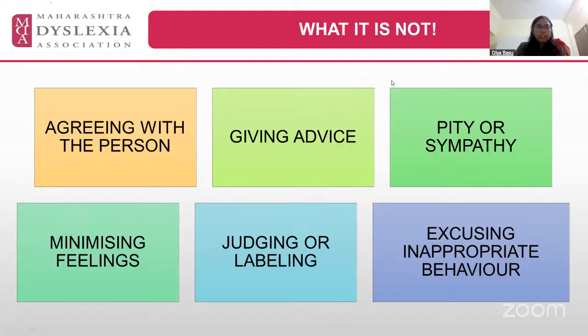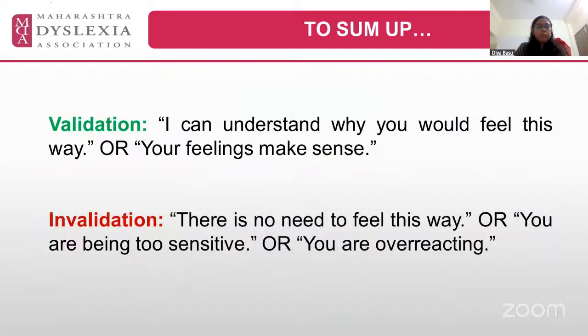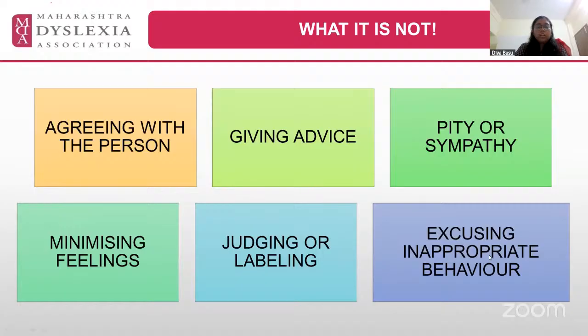That's not validation. Okay, so that is you excusing inappropriate behavior. So the crux of it all is that validation makes somebody feel understood. A statement like this would be validating: I can understand why you would feel this way, or your feelings make sense. Invalidation would be: there is no need to feel this way, or you are being too sensitive, or you are overreacting. And because I spoke about this one, you cannot excuse inappropriate behavior, however much